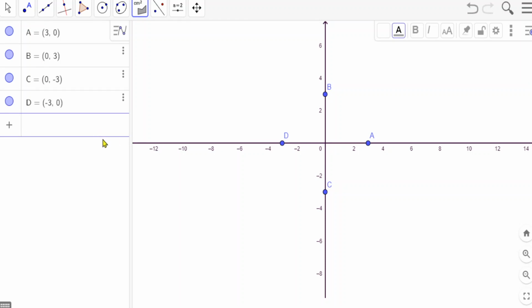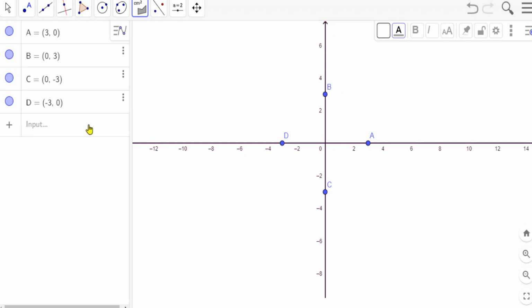Okay, now I have to prove the locus of the equation, the locus of the point where it is moving. Friends, you see, you can take 0 comma 0, you may take 2 comma 2, 3 comma 3, 4 comma 4, minus 2 comma 2, minus 4 comma 4, or minus 4 comma minus 4, and 3 comma minus 3. You can take any point anywhere, but it should be equidistant.